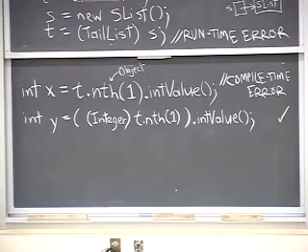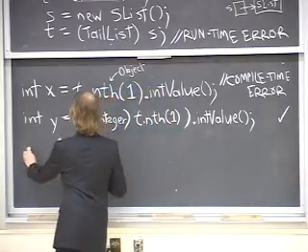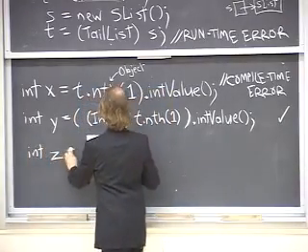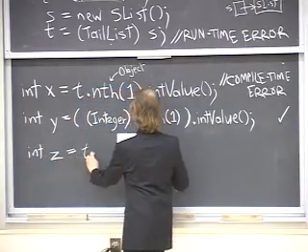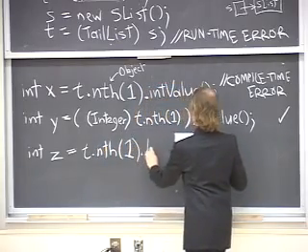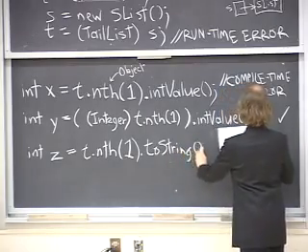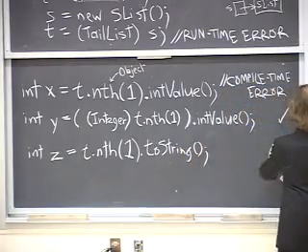Now, some methods are defined on every object, every single object, so you don't always have to cast things. Like if you want to call the toString method, well, every object has a toString method. So in that case, I can just go t.nth.toString, and et voila,